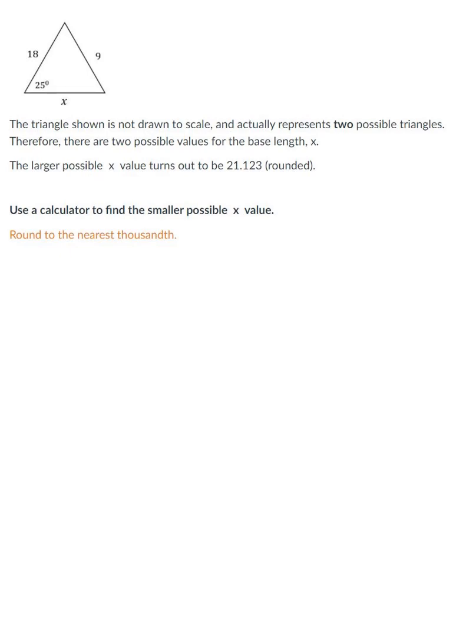Okay, in this problem, they're asking us to find the base of the triangle x. The directions tell us there are two possible values of x. That's because there are two ways to build this triangle physically. They give us one of the answers and ask us for the other. I decided to use